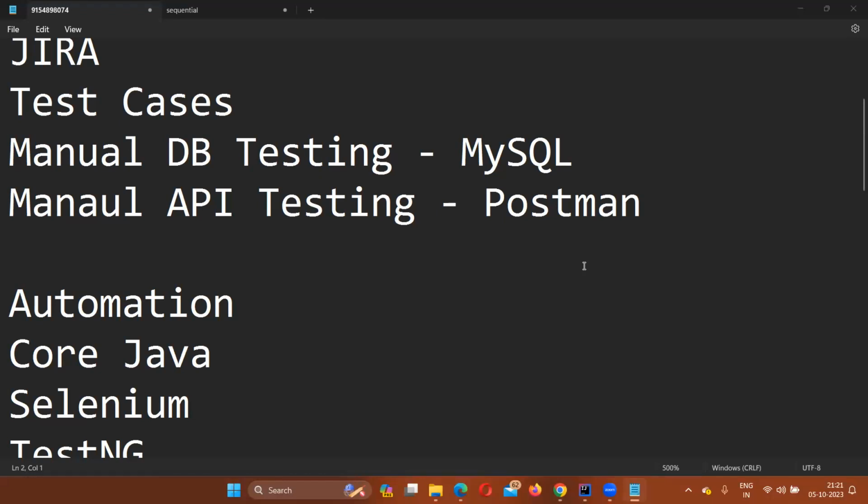You are expected to have basic computer knowledge and basic maths knowledge. That's it. Nothing else. The rest of it, you will be learning in the course itself. You are expected to have these two basic skills before joining this course. If you do not have these skills, you can still join the course, but you should learn them in your free time, because the course duration might not be sufficient to help you understand what is right click, what is left click, what is double click.